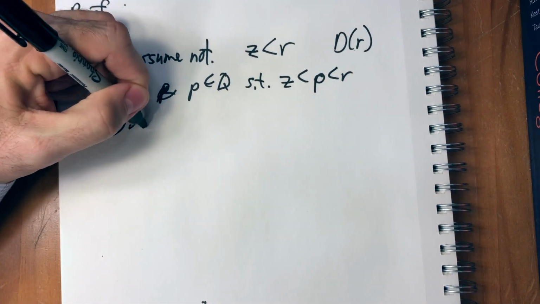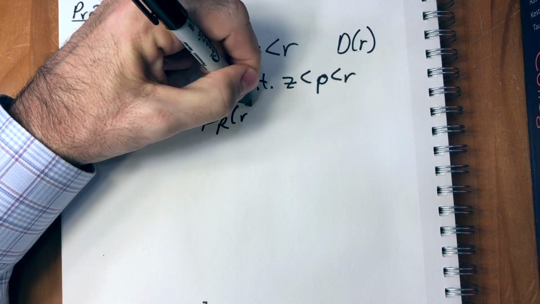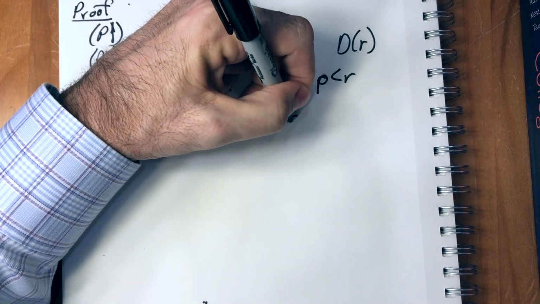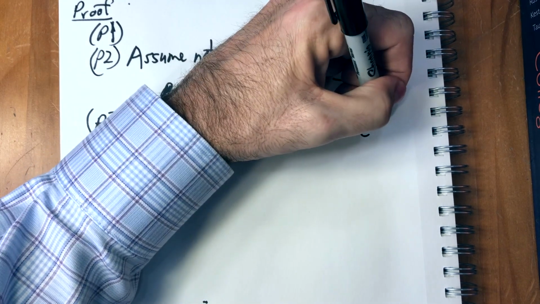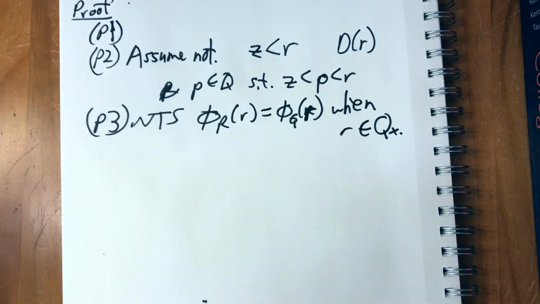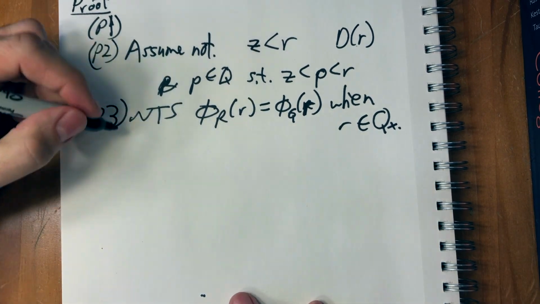P3, so we need to show that phi_R of R equals phi_Q of R when R is an element of Q. In other words, phi of R sends rationals to rationals. So to show this,